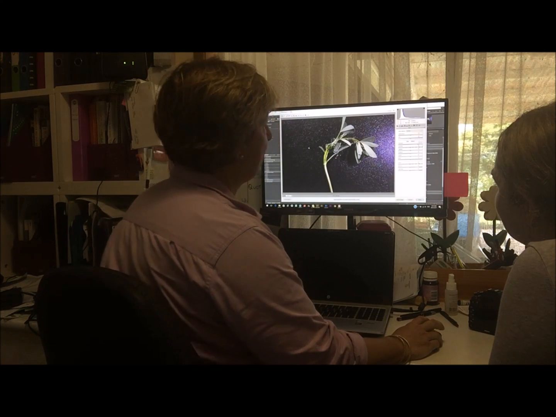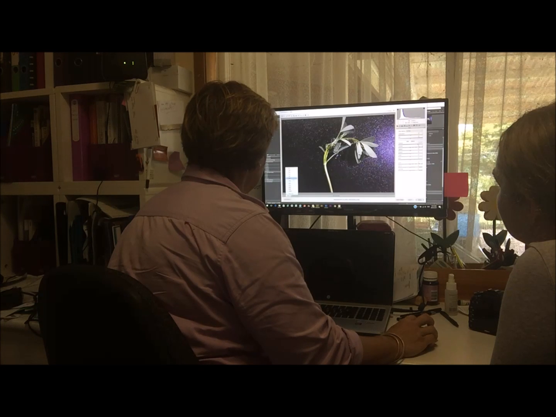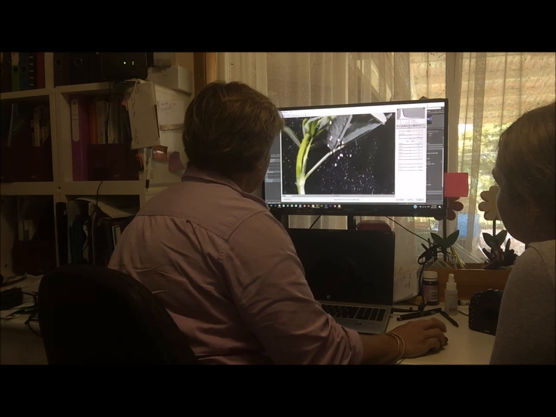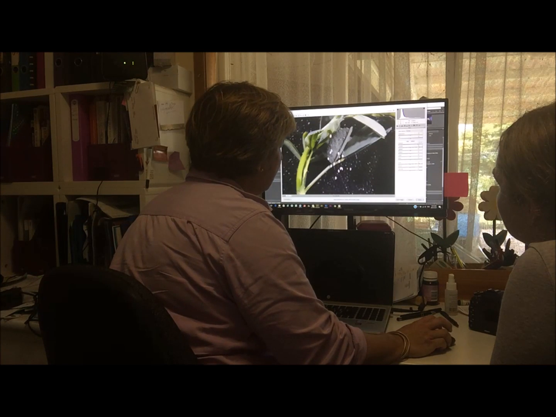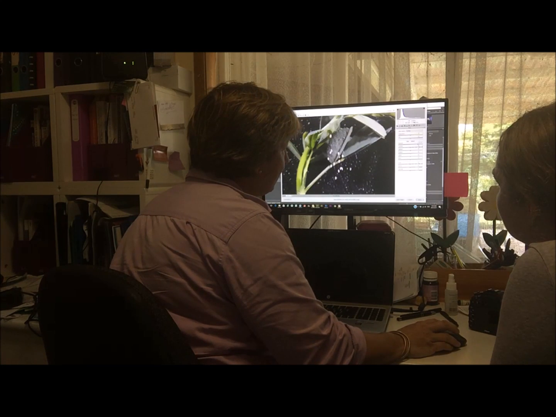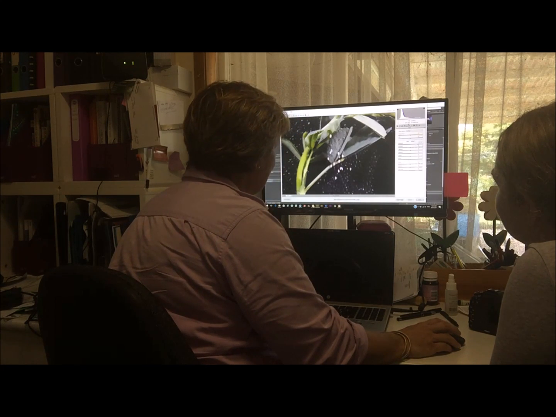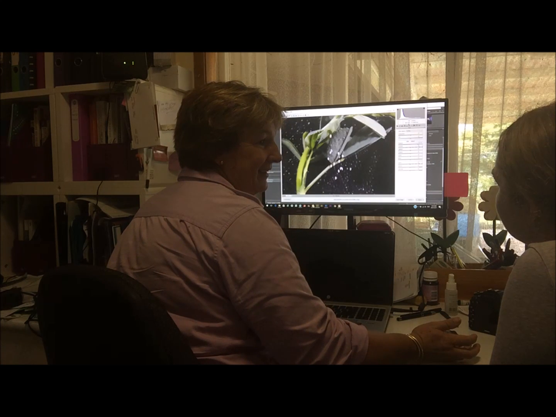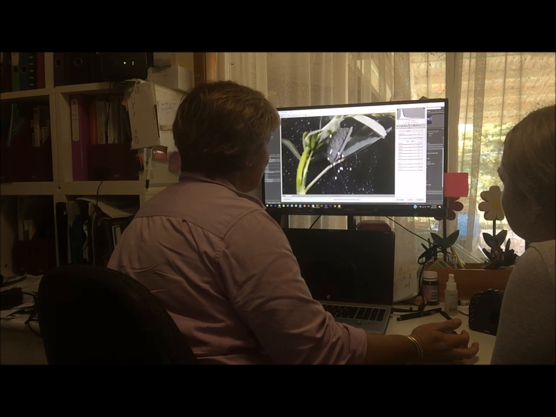Okay, so that's the best one we'd have taken without the flash. It's an f5, 1250th of a second, but the ISO of 1600, it's just not good enough quality for what we're trying to do, is it? No. So it really says that we must